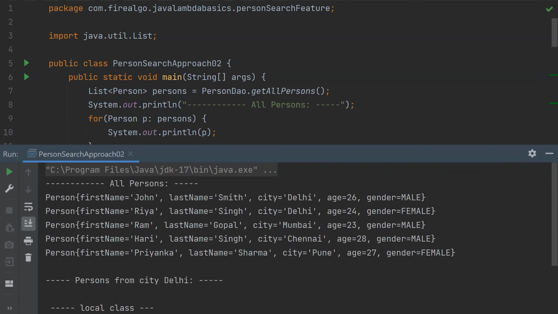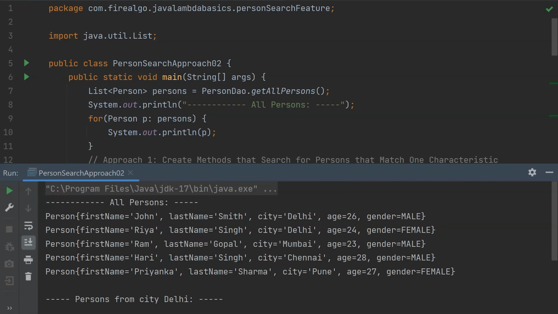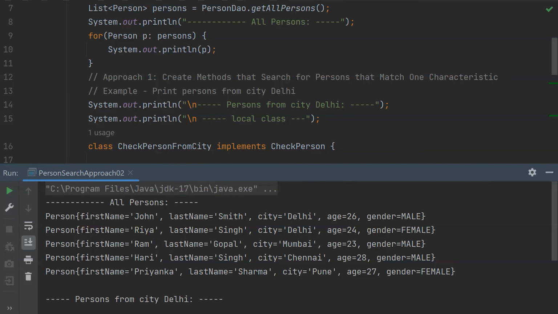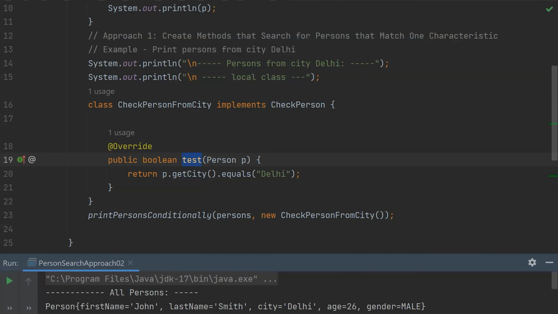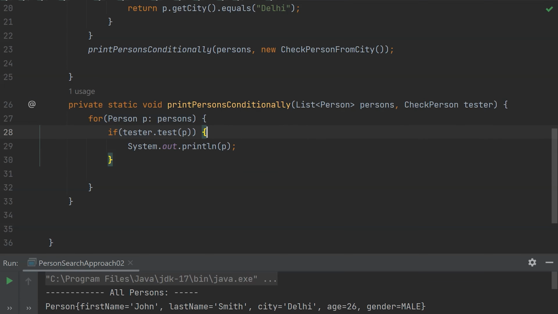Alright, the same result, it works. Amazing. But there is a problem with this approach. Can you guess it? What is the problem? Here also we are kind of hard coding. Even though it's less brittle than the previous one, you can now change the person class, it doesn't matter, because